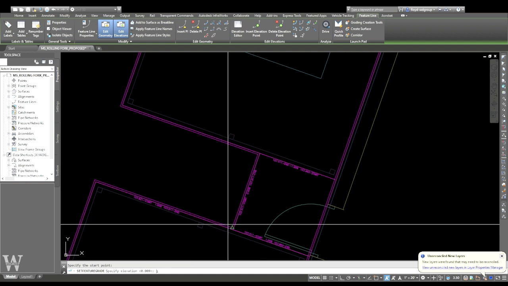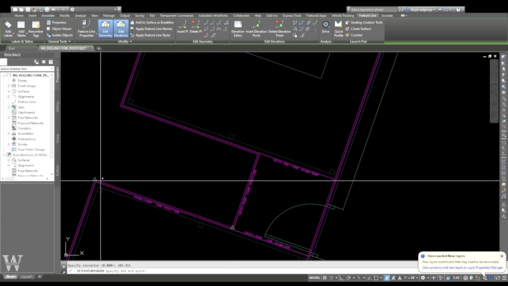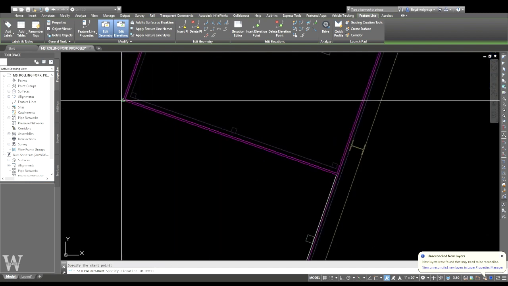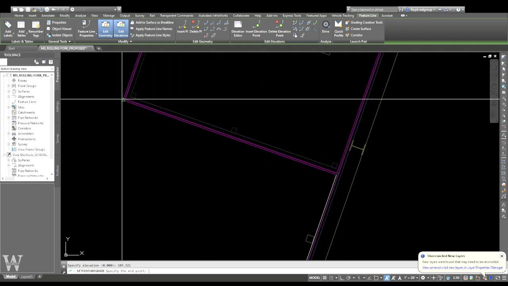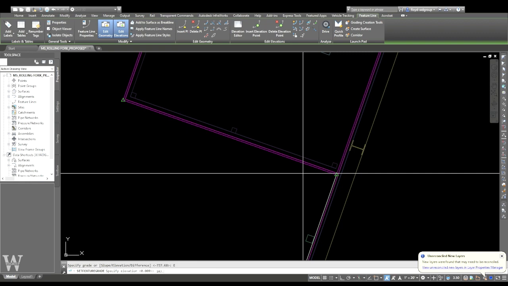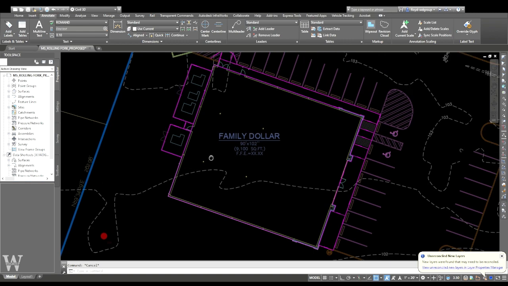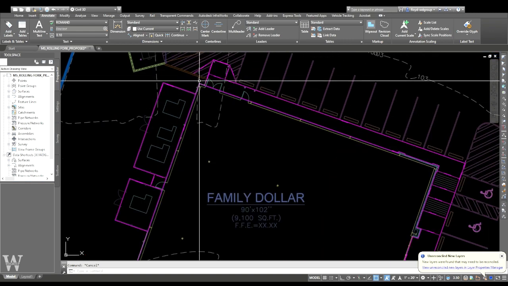And here is 103.411 and 103.321 and 103.321 and 103.46. Okay, so we've graded around our building except for a little bit of grass area behind a curve